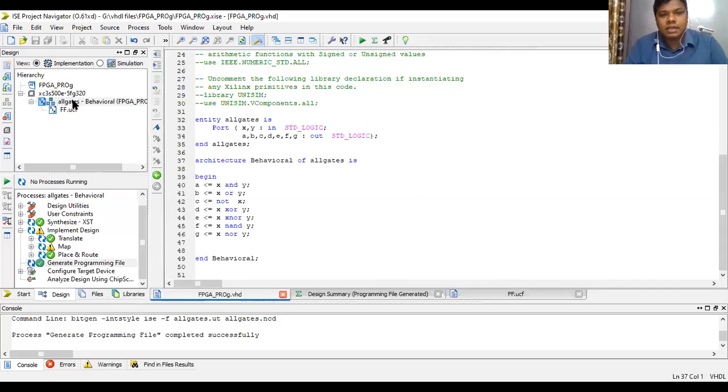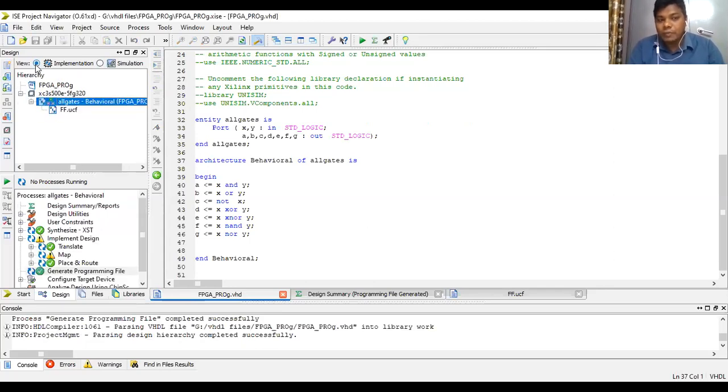This is the program I showed in my previous lecture, the all gates program. I have checked the RTL of this one, and I have even checked the simulation of this one. Now I'll implement this one.